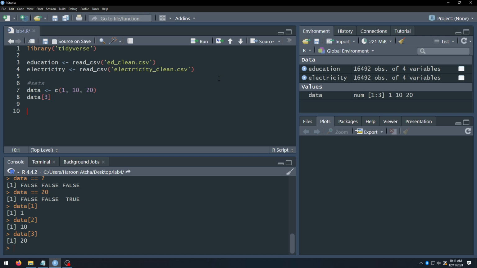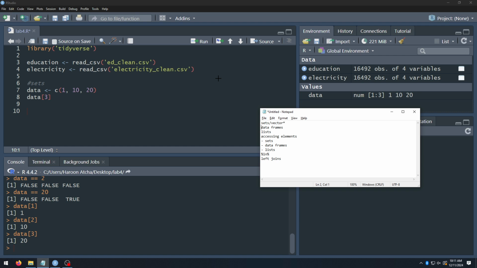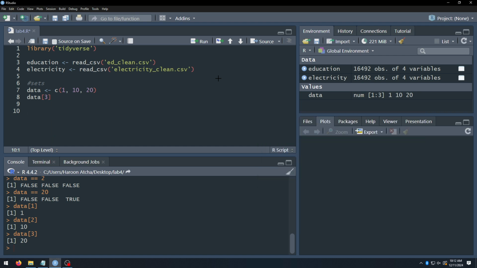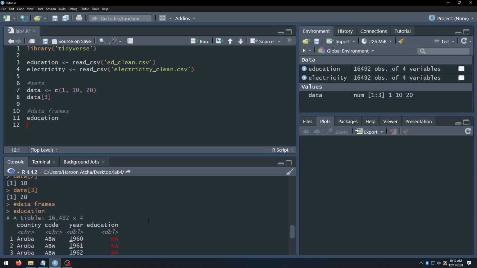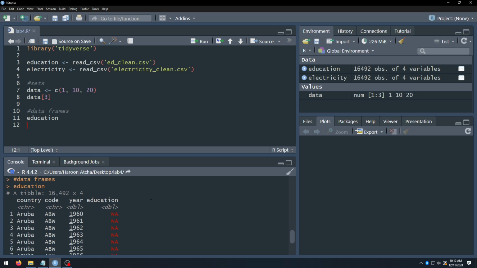Okie doke. So we have covered sets or vectors. Now let's cover data frames. We already kind of have a data frame, so why don't we take a look at that? Data frames, education. At this point, we're quite used to data frames. We've been using them for 3, probably 4 lectures now. And so you're generally comfortable with the idea that in a data frame you have rows and columns. But it's worth looking at this data frame a little bit more deeply and thinking about what's actually happening here. In a sense, a data frame is really just a collection of vectors, and each vector is basically